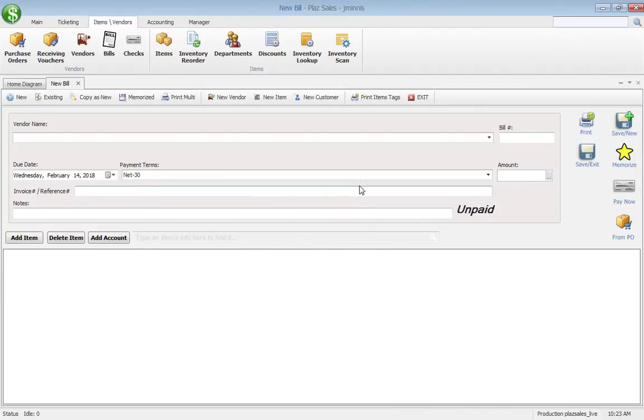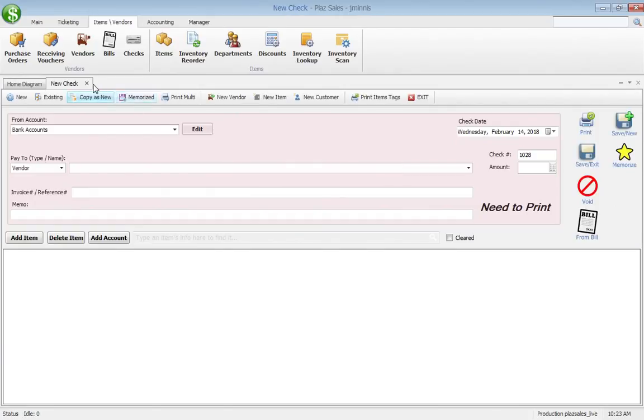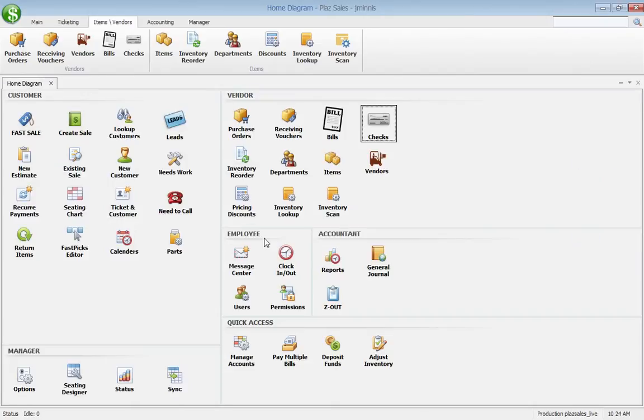You can enter in a bill when you receive the items, and then you can enter in a check. Really all those features are optional, so depending on what you prefer, if you create one of these, like if you create a check, you can have it automatically create the other ones if you choose to do that. So the other three, so purchase order, receiving voucher, and bill. So it makes it really easy to keep track of the accounting. And the accounting is optional, so if you decide you don't want to do that, you don't have to use those features. For the items, you can view their